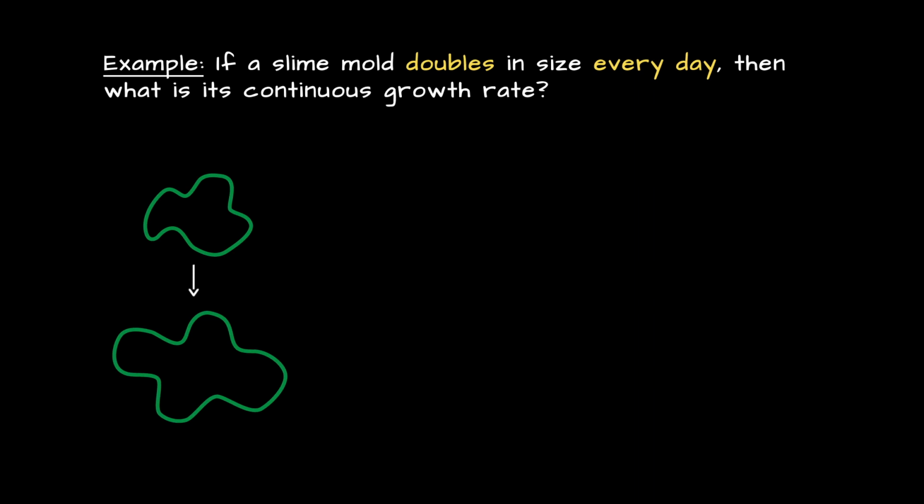Let's look at an example. If a slime mold doubles in size every day, then what is its continuous growth rate? To answer this question, let's begin by setting up an exponential model of the slime mold's size. We're going to call that S of t. Since we don't know what the initial size of the slime mold is, we'll just leave that as p. But since we know that it's doubling every day, we'll work with the base 2